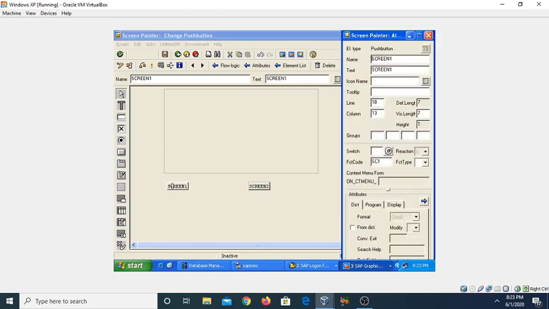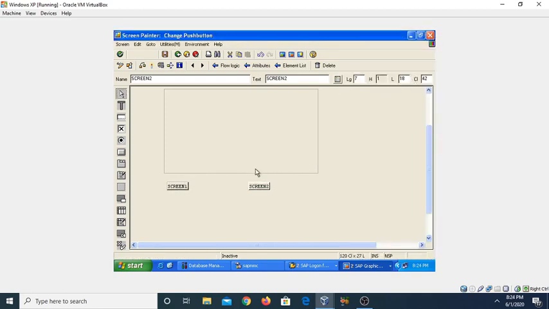So we have created here the two buttons on which when user will click, it will display the particular subscreens. When the user will click on the screen 1, it will display the subscreen 1 content onto this subscreen area, rectangular box. When the user will click on the screen number 2 button, then it will display the subscreen 2 onto this screen area.